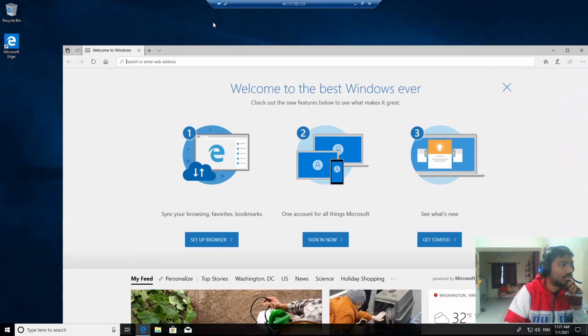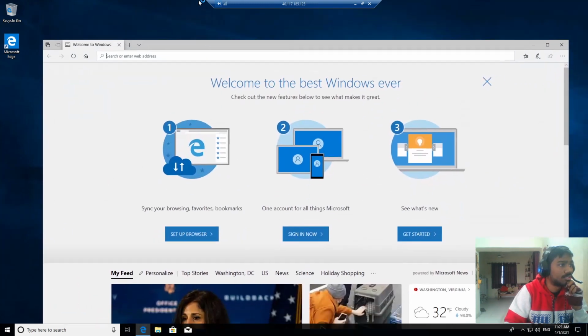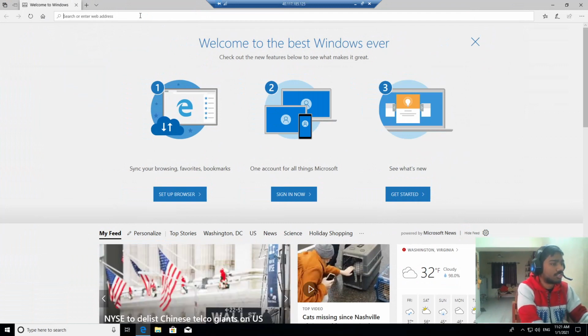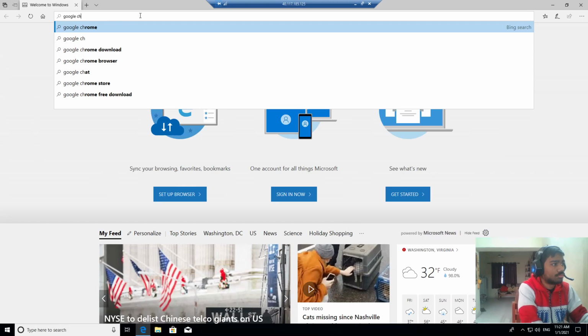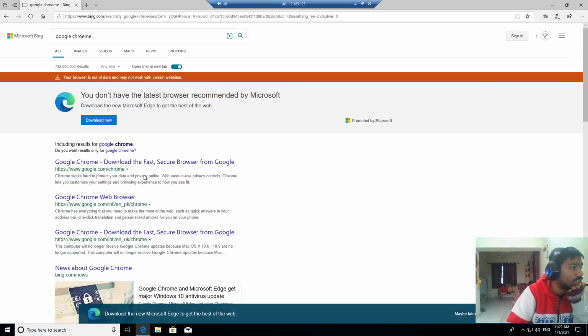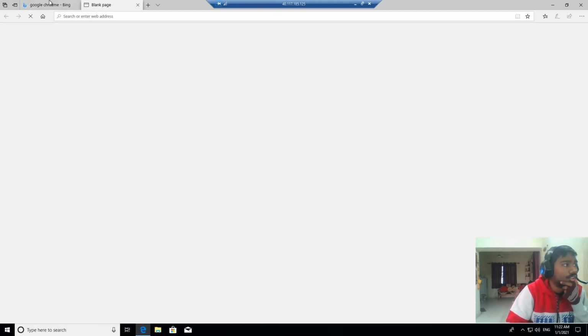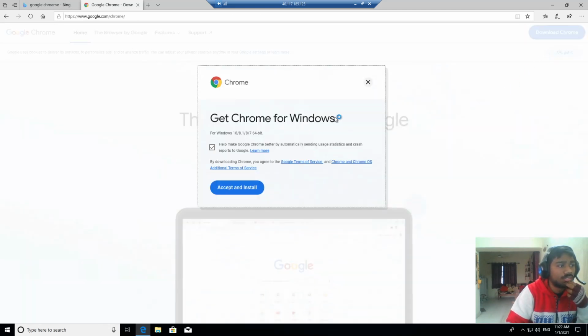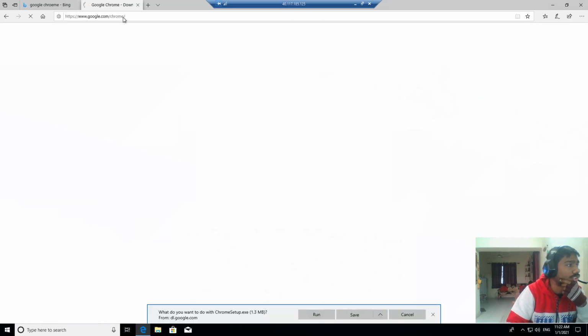Now what you have to do is search for Google Chrome first of all. This is lagging. So you have to download Google Chrome. Just click on download, accept and install.